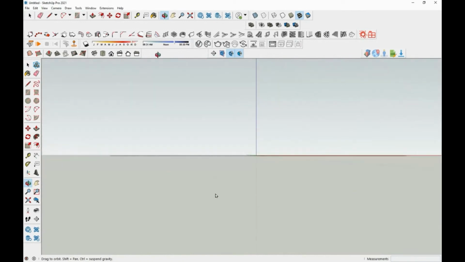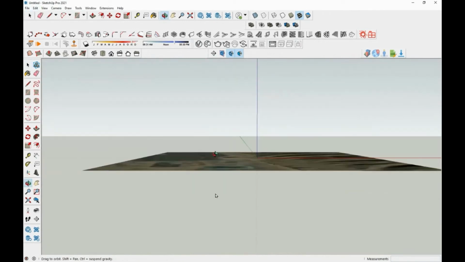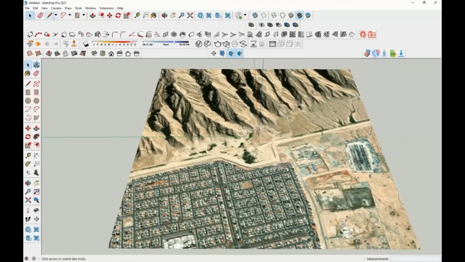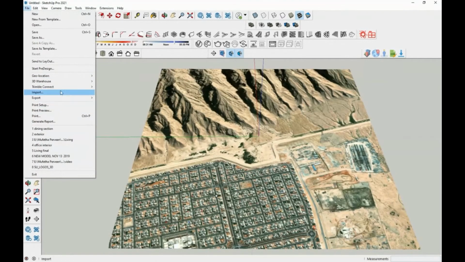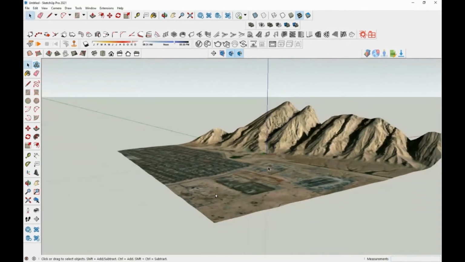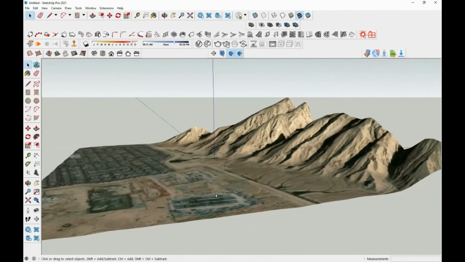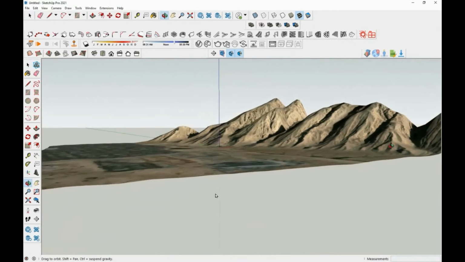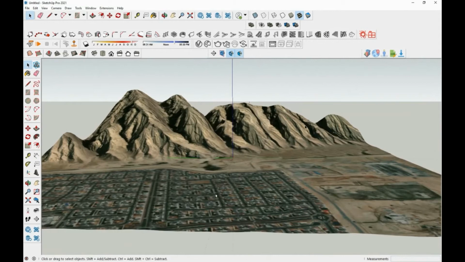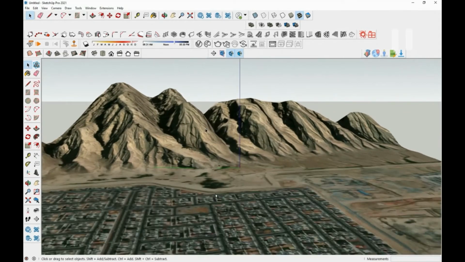I'll show how it is. So go to File, and then in Geolocation, just click on the Show Terrain option. See, now my 2D site plan got extruded and I got the exact terrain model with the exact hilly surface. So this model you can incorporate in your project, and you can get a beautiful contour model by making use of this tip.